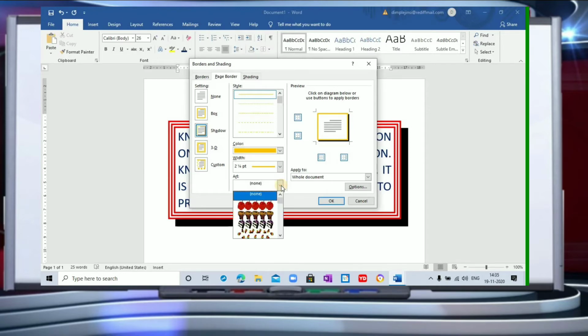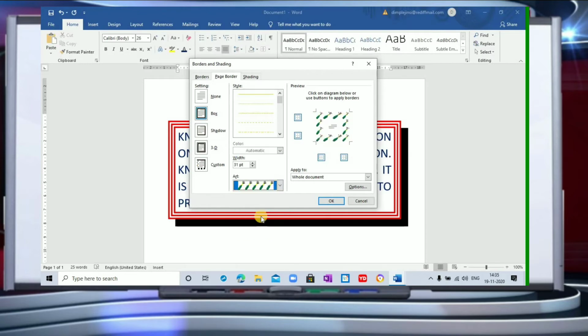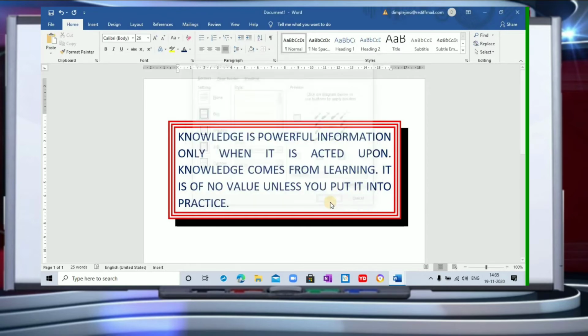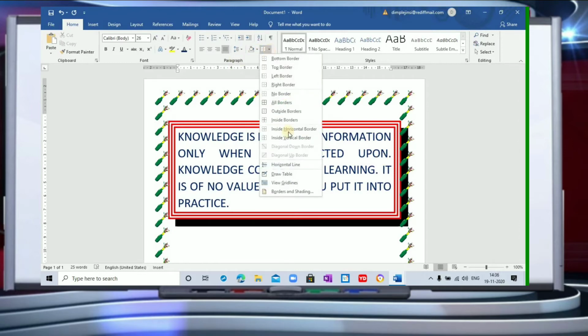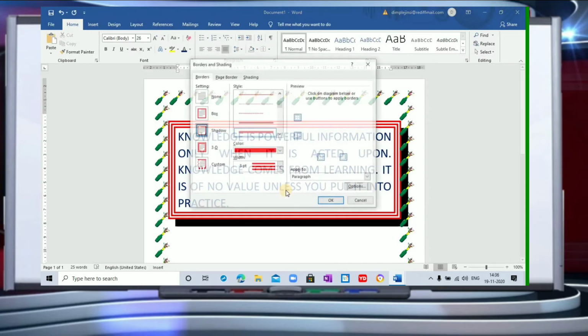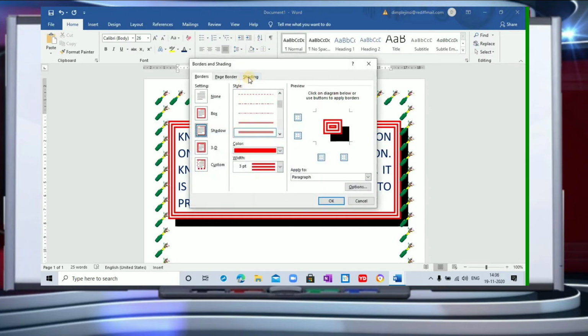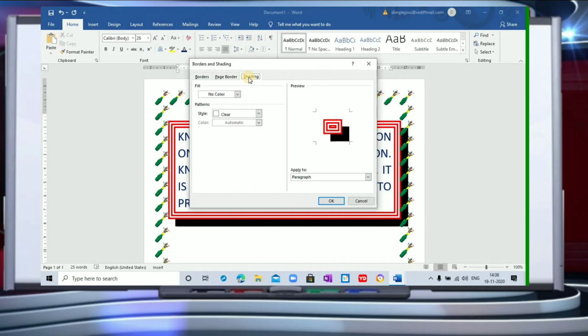So different borders you will find here. You can pick up any border that you want. Say for example, I want this border. Fine, I can click on OK. Now you can see this is the page border. Now going back again to the same option, border and shading, we can go for the shading option. Here we have shading.